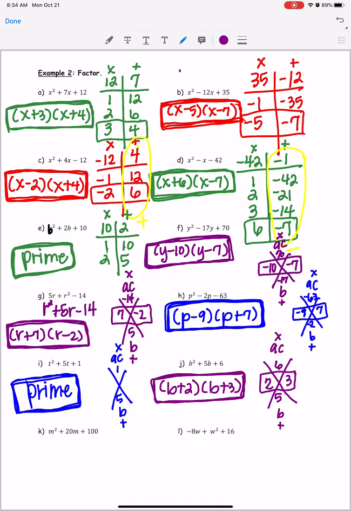K, we have m squared plus 20m plus 100. So my A times C is 1 times 100. My B term is 20. So what adds up to 20 but multiplies to 100? That is 10 and 10. 10 times 10 is 100. 10 plus 10 is 20. So here we've got m plus 10